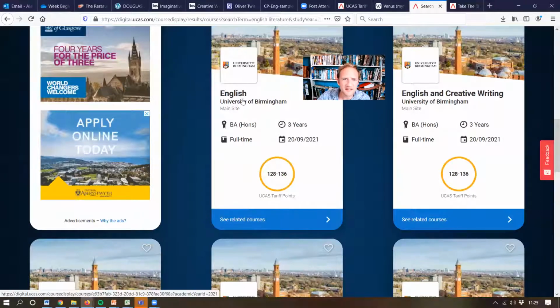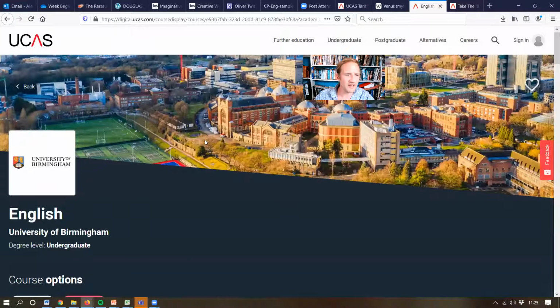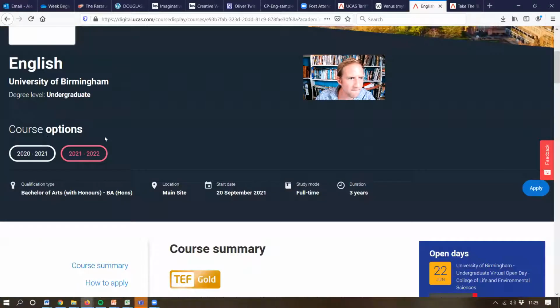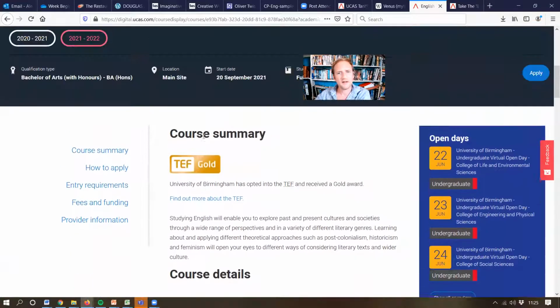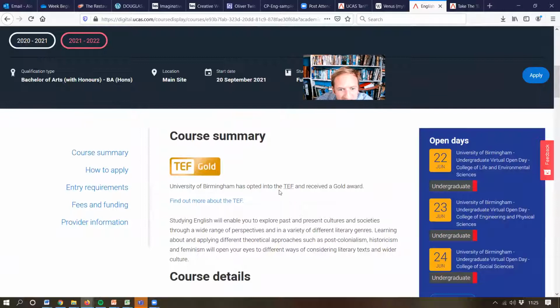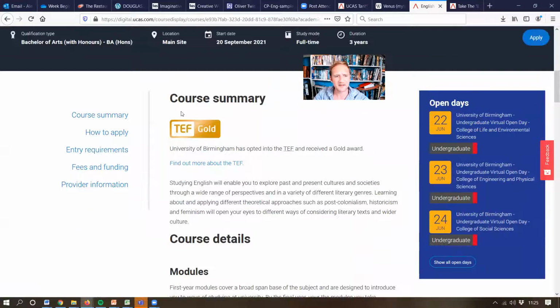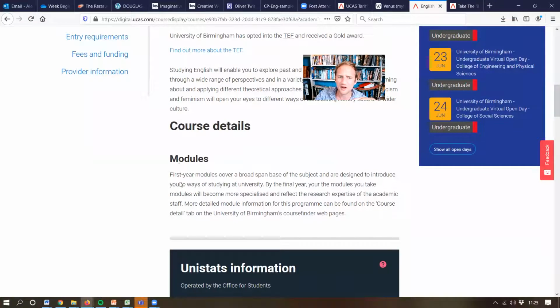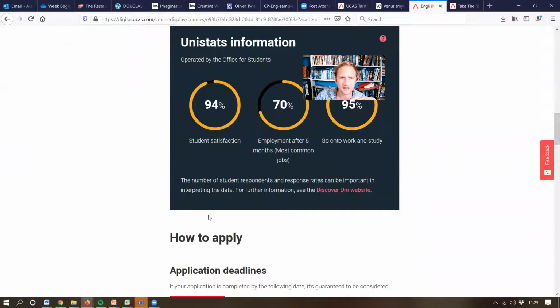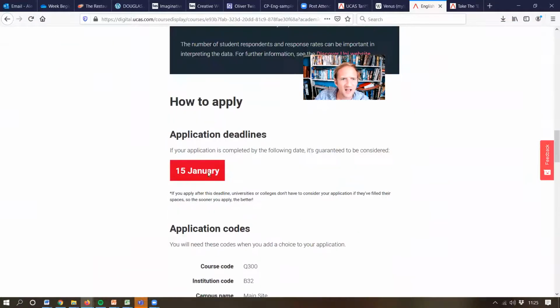Now, if we have a look at this, if I click on that page now for English, we now have a TEF Gold standard for Birmingham University. I think it used to be silver, but certainly gold now. So that's their advertising bit. And then we have stuff about modules. We've also got some statistics